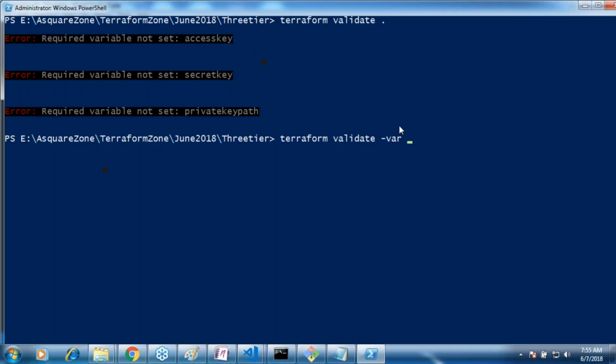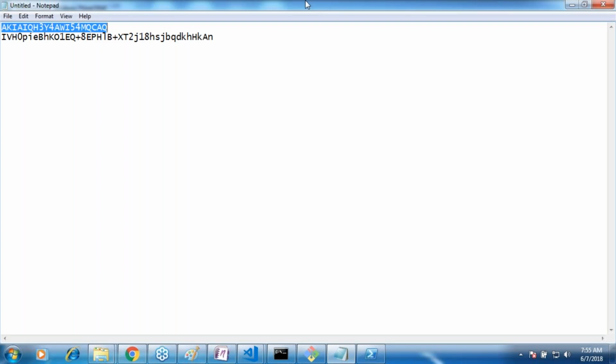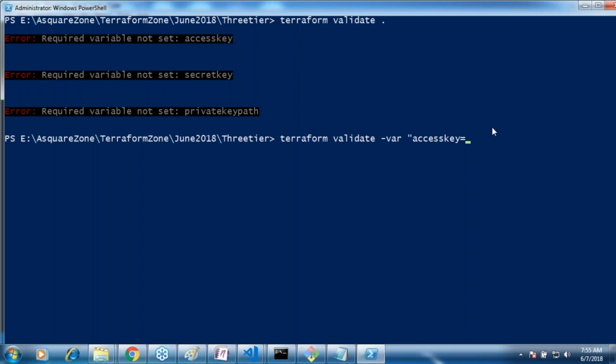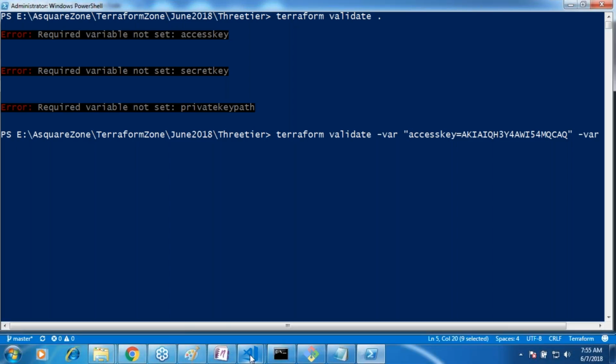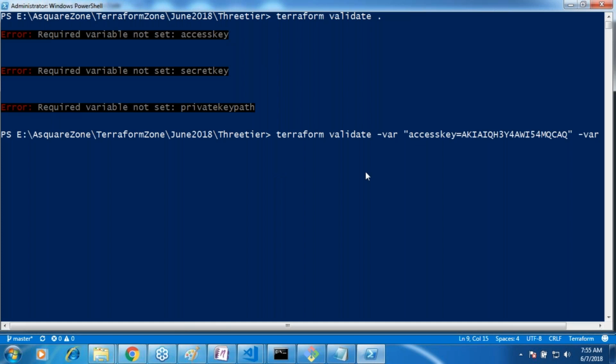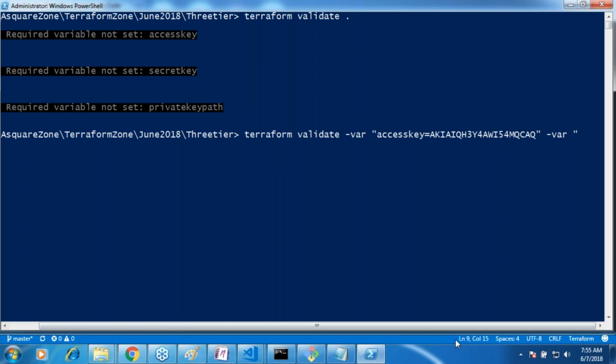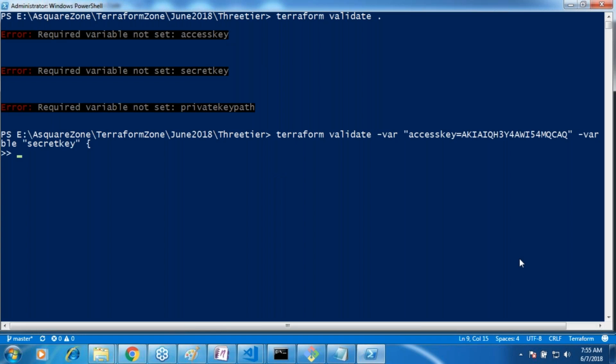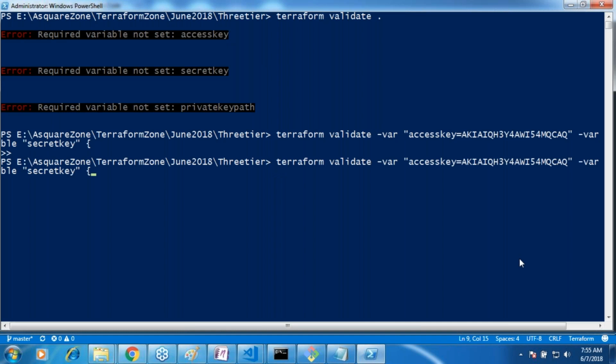Access key is equals to, I've created an IAM user, and for that I've just taken an access key. All right, and then one more variable. The variable's name is secret key. I would prefer copy pasting from here because it will not be any mistake. Otherwise, if I try to write it on my own, probably I might misspell it. Secret key is equals to,